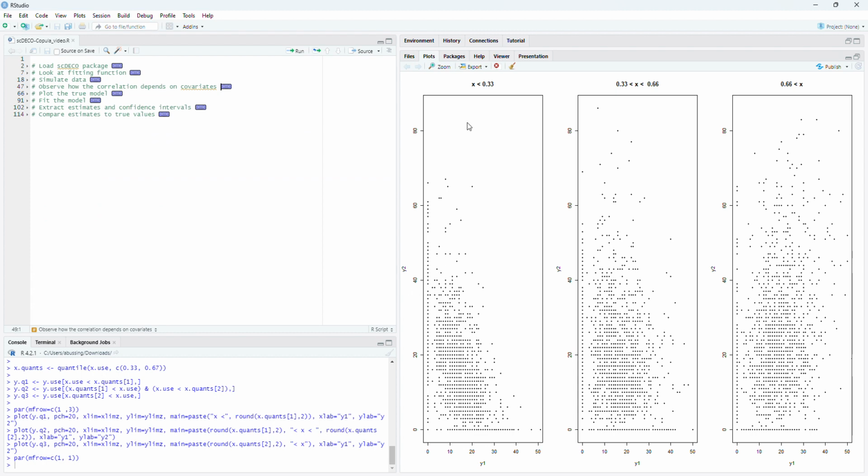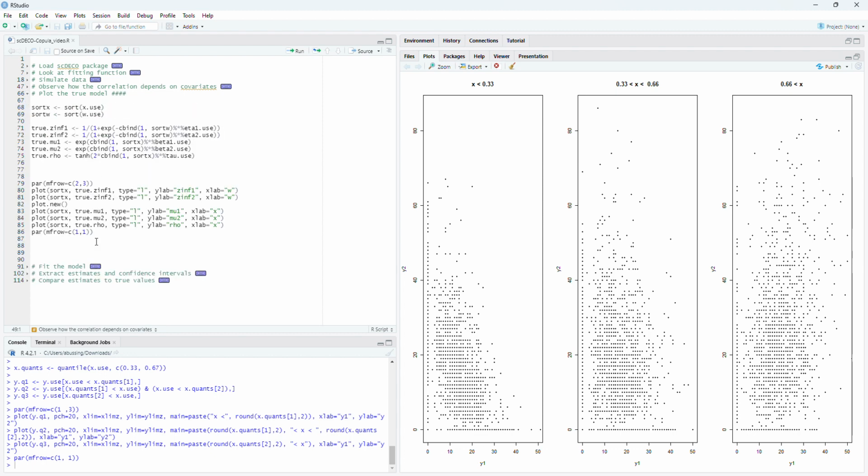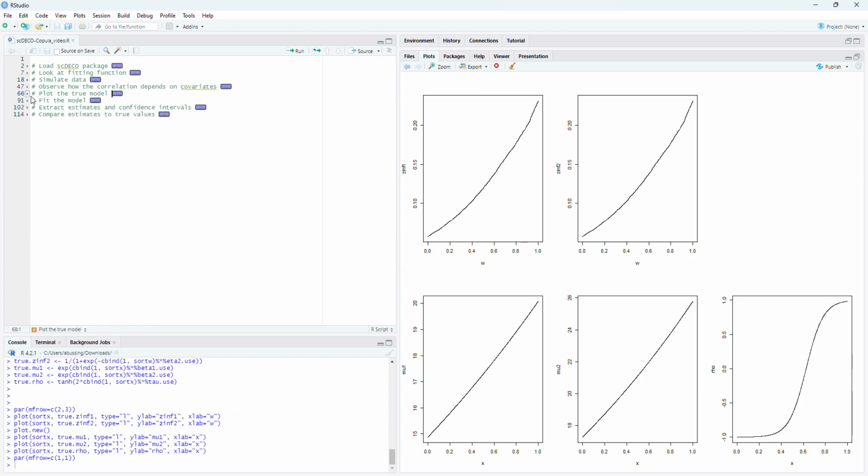So we see it got us data where when the covariate X is small, we have not too much correlation going on, or perhaps even a negative correlation. And as X, the covariate, grows larger and larger, the correlation becomes strong positive between our two marginals. We can look at what the exact functions are that we simulated from, the functions that relate covariates to